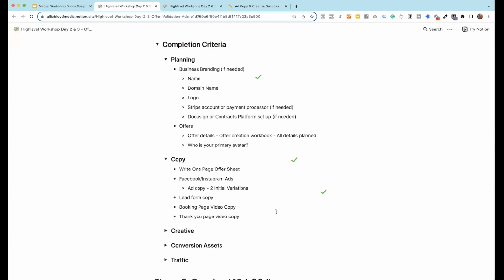Both of those videos are pretty short, pretty sweet. Those are designed to make sure that people understand what it is they're booking for, that they understand the simple process of scheduling that appointment, and to make sure they know what happens next. So having a strong booking page video and thank you page video will increase conversions to the schedule, and it's also going to help increase your show up rates. So a confused mind doesn't buy. We talked about that yesterday when we're talking about all of the different angles and options that people try and shove into their offer or into their ad. So we want to simplify this as much as possible so that they know every step of the way